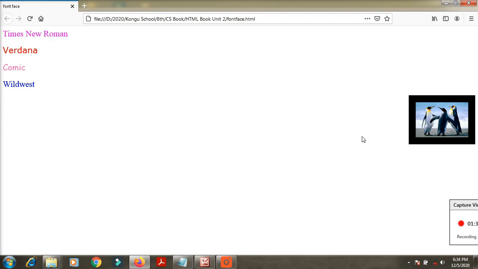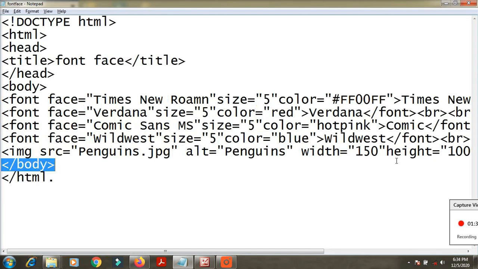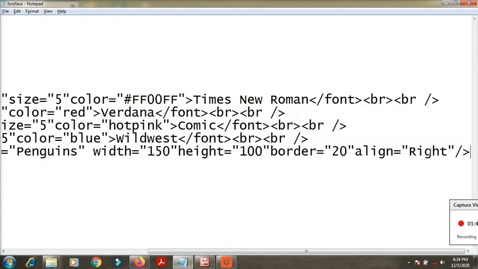Okay, it is mentioned the name of the border, and the align is also on the right side. Here there are only 3 types of alignments: one is left alignment, center alignment, and the third one is right alignment. Justification is not available in that HTML tag.